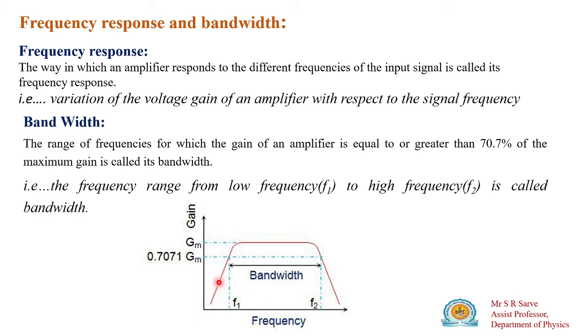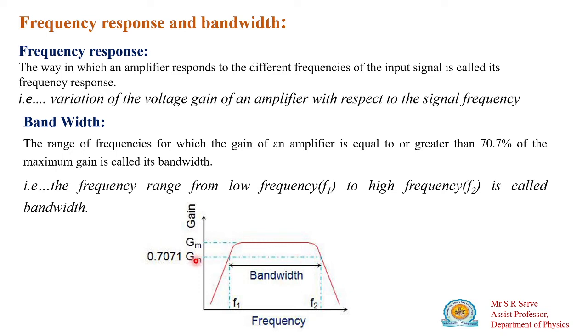So, as the frequency goes on increasing, the gain again increases, and in a particular frequency range the gain will be constant. In this frequency range the gain is highest. Okay, here it is constant, and after the particular frequency range it starts decreasing. That means at higher frequency ranges, it again becomes minimum. So how can we say that between a certain frequency range the gain is maximum?